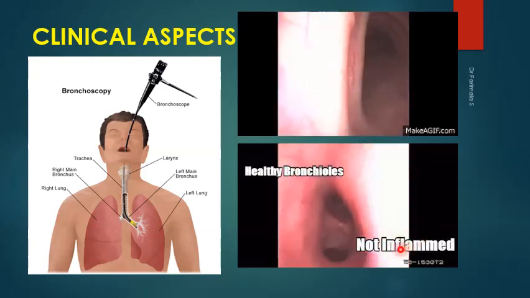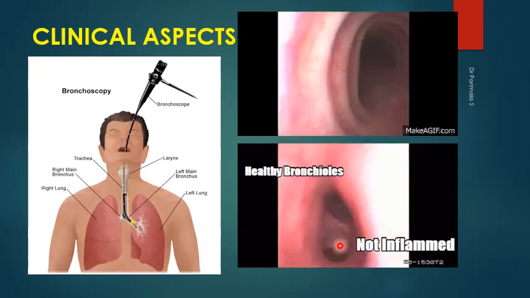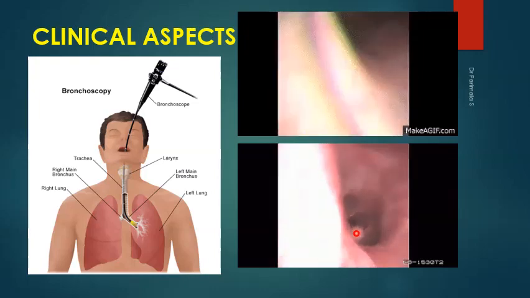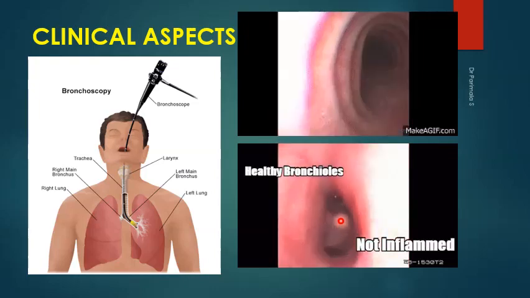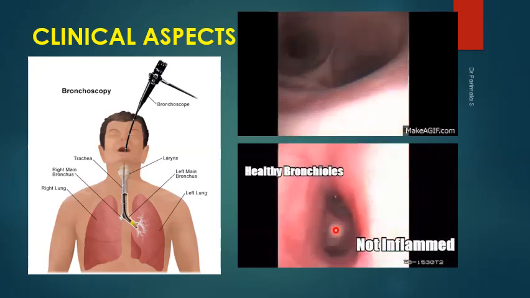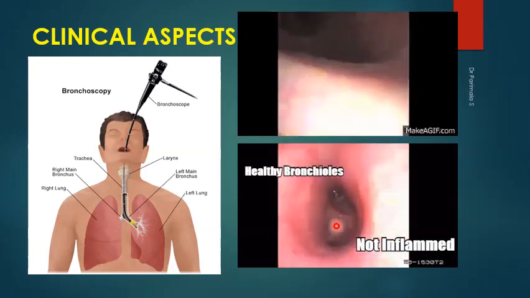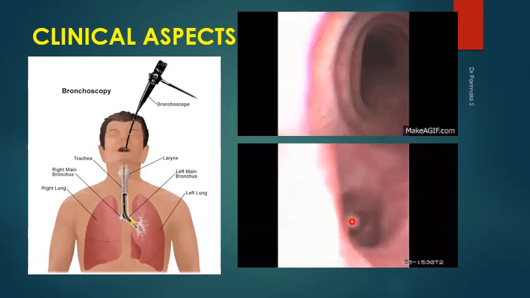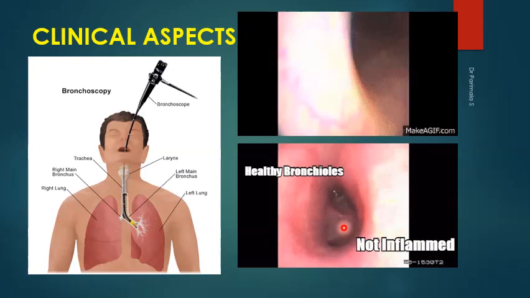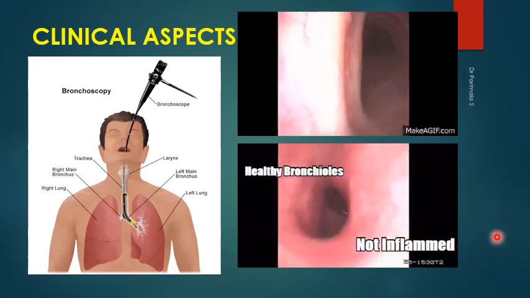And then here individual right bronchus and left bronchus, the normal bronchi, how they appear, that is seen here in this video. Here you can see the smaller openings that you are seeing are all the secondary lobar branches of the right principal bronchus and left principal bronchus. Those openings represent the secondary layer.